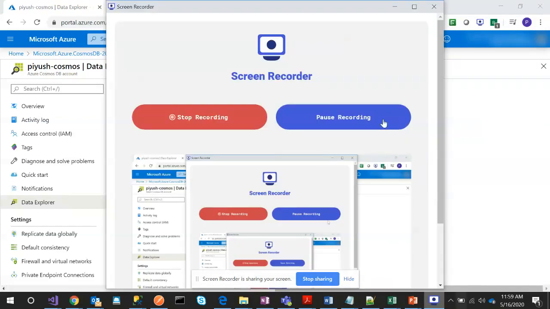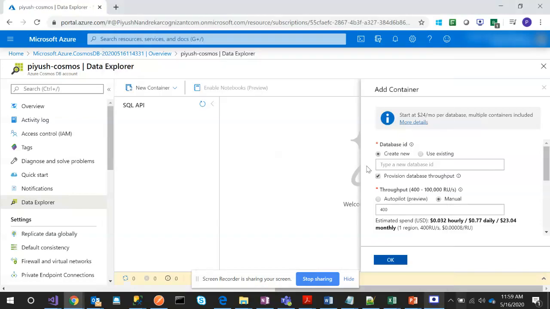Okay, so over here you can see the database option, whether you want to create a new database or use an existing one. Right now we don't have a database, so I'm creating a new one. I'm taking an example of storing data for a family or multiple families in our country. We can have crores of families in India, right?